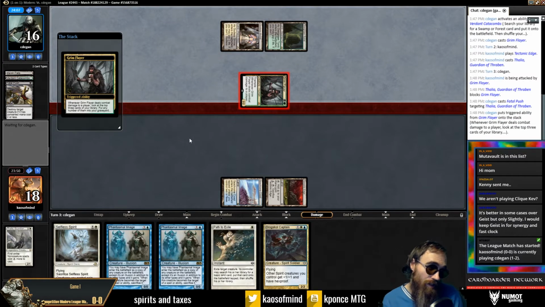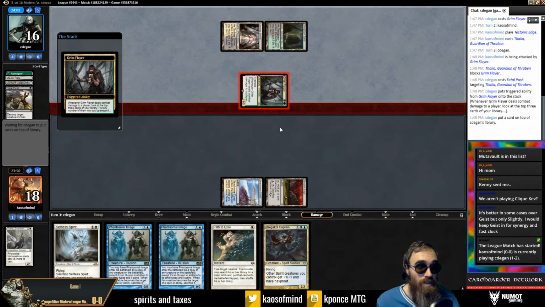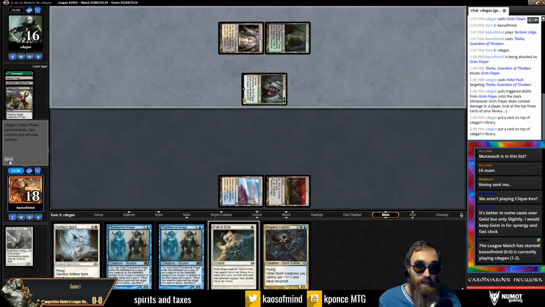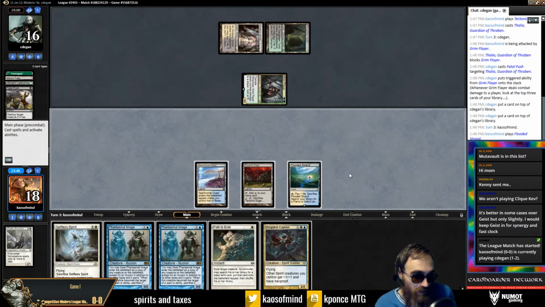So yeah, they're gonna get their trigger off Grim Flayer. Isn't great for us. And they put 2 cards back on top. Alright, well,